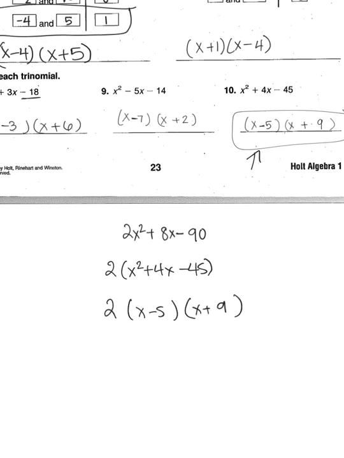So you always want to start by asking yourself, is there a GCF? If there is, pull that out first, and then continue using whichever method works best for that problem. All right,